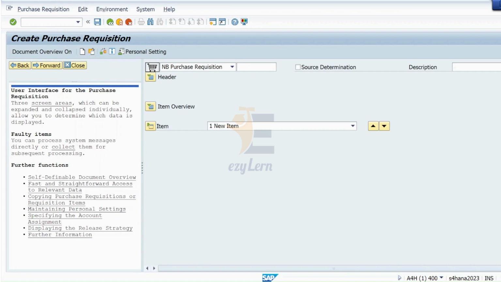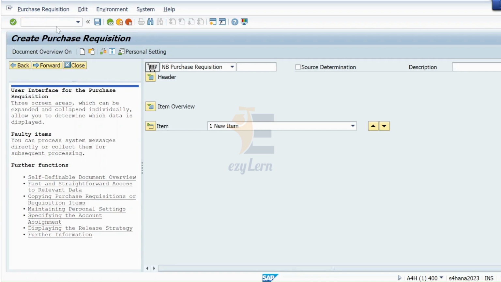So right now I just opened create purchase requisition, but at the same time I want to work on multiple screens or multiple sessions. I will simply use T code /o followed by the T code of whatever transaction I want to perform. Let's suppose right now I'm working on the create purchase requisition screen. In another session I want to open create purchase order, so I will use /o followed by the T code ME21, and that's to create a purchase order.